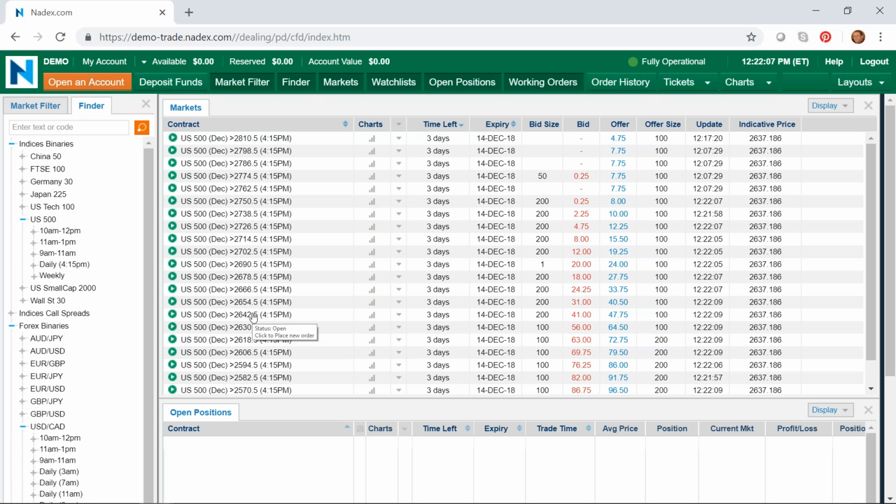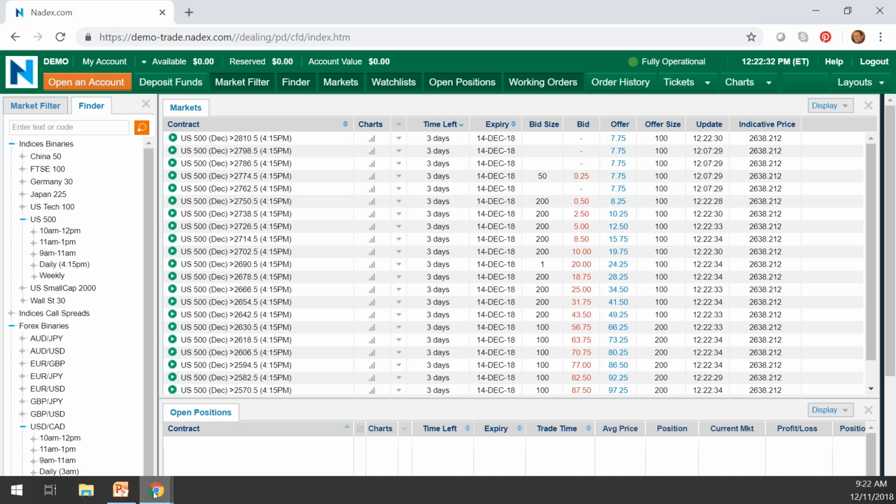2642 is probably too much in the money, but it's fairly close to a 1-to-1, but you're going to be giving up about 10 points there. I'd probably look at the 2630, maybe the 2618 would be pretty reasonable as well. And then obviously the farther down you go, the 2606, the market price action may not actually get there. So I think these two would be a couple good opportunities to potentially look at if we're correct on the